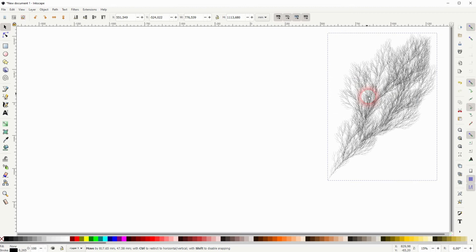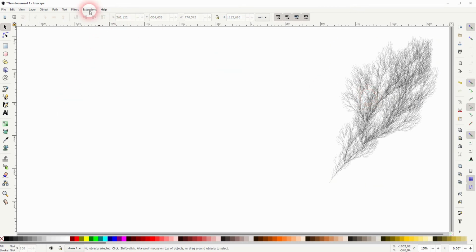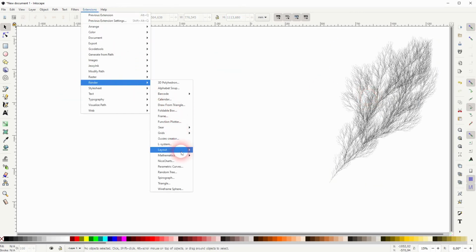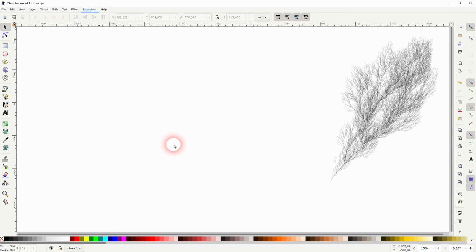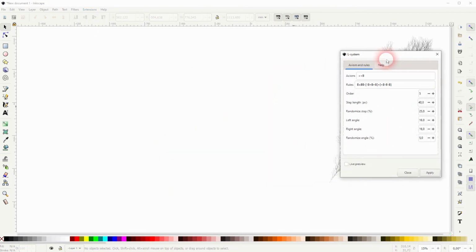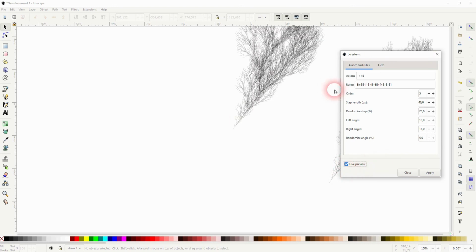And let me just show you what happens if we change the ++ in the axiom. So once again, I check the live preview, and if I change the axiom, I can change the incline. So right now it's clockwise or to the right leaning, but let me go down with the order, otherwise it's going to take hours to render.